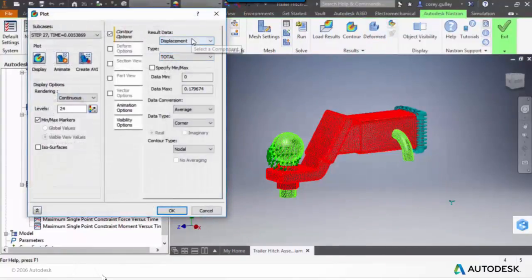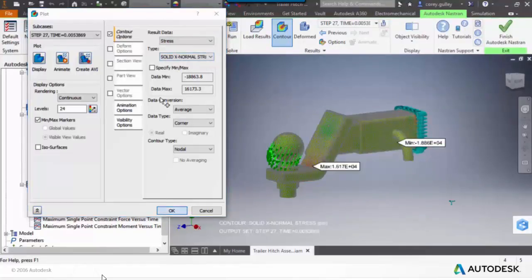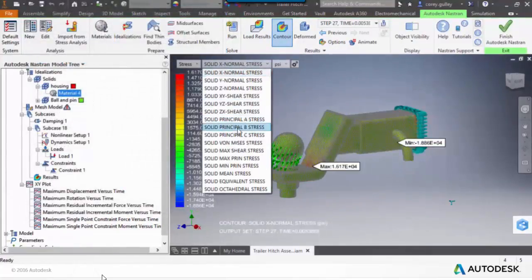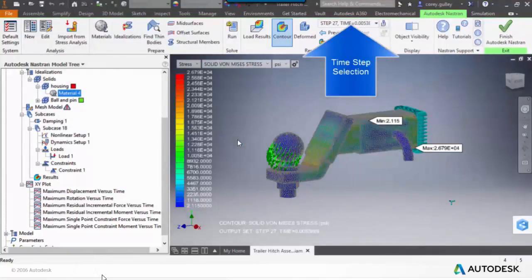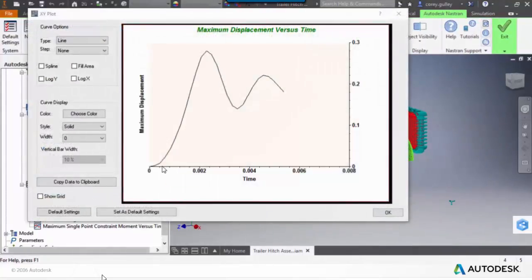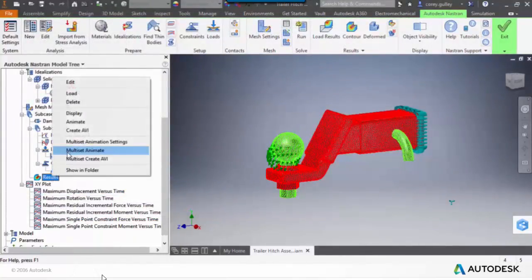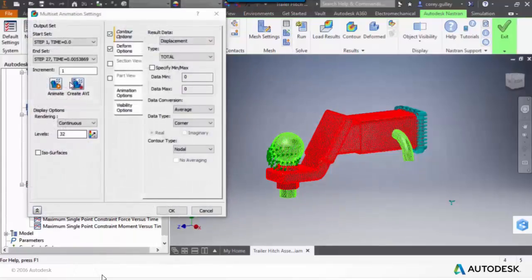Now when I go in and look at my results, I can do the exact same thing. But what you'll notice up here in the subcases is I can choose any instance in time where I want to observe that particular type of behavior. I can also look at displacements and stresses for any specific given point in time because of the transient effects. The other feature that we can create inside of here is a plot. This will show max displacement versus time. We can see we get our peak stress, and then our system is going to start to dampen out with time. So we can observe that maximum displacement,